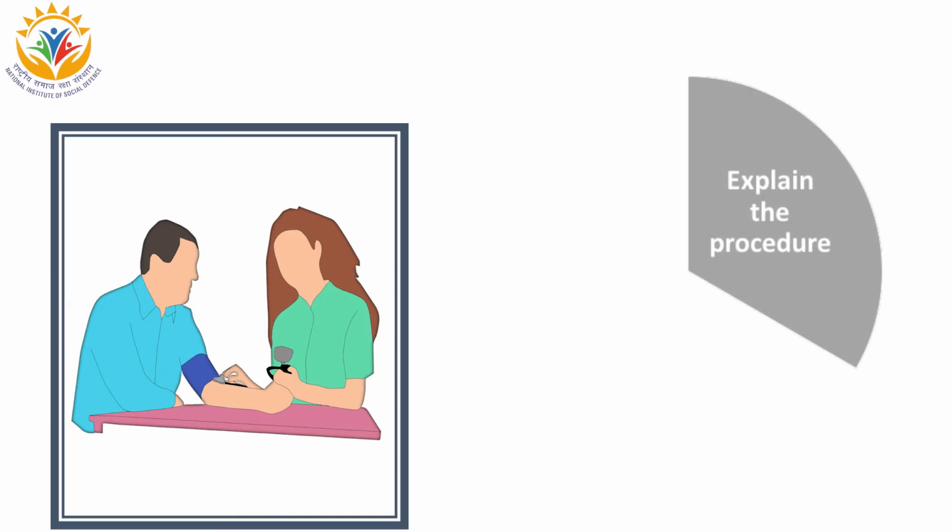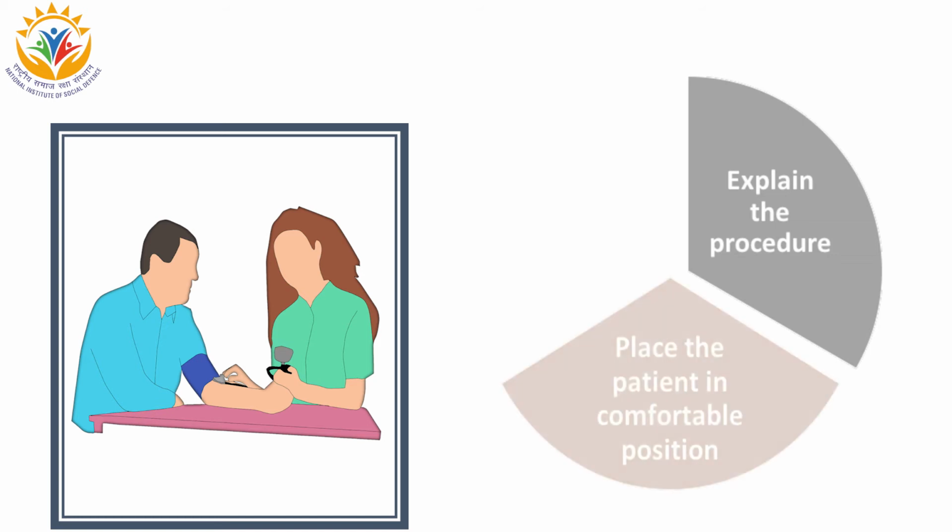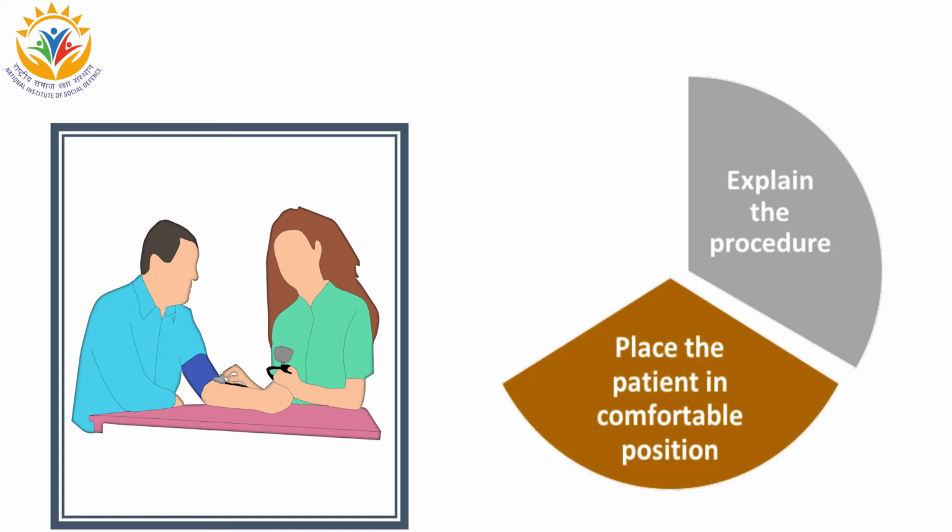The steps to measure blood pressure: there are some basic steps which should be taken care of while measuring the blood pressure of the patient. First of all, explain the procedure to the patient. Then ensure that the patient is relaxed and in a comfortable position on the bed. If required, the caregiver can make the elderly person relax on two pillows. If the patient is overexcited, then the blood pressure should not be taken.